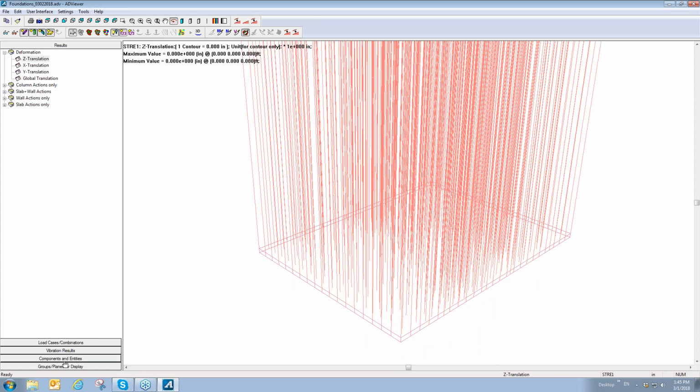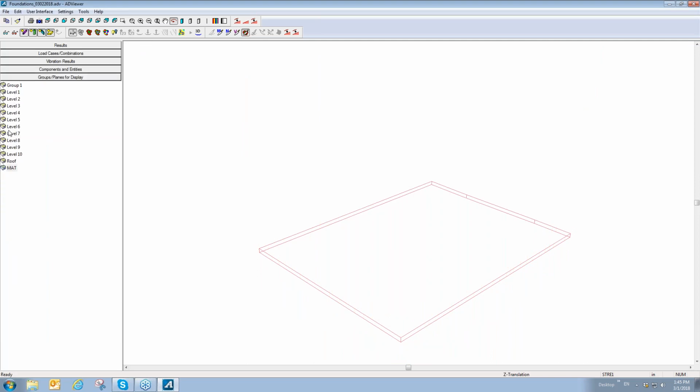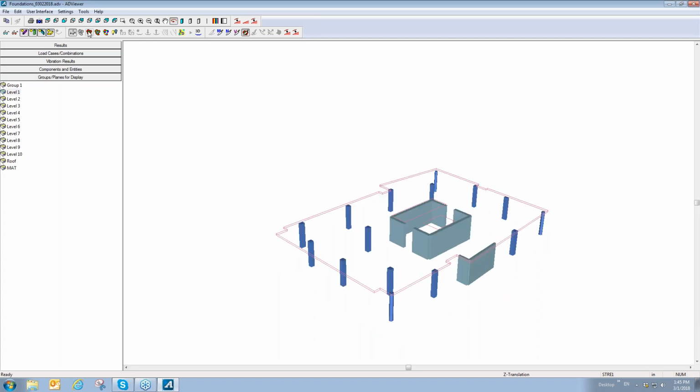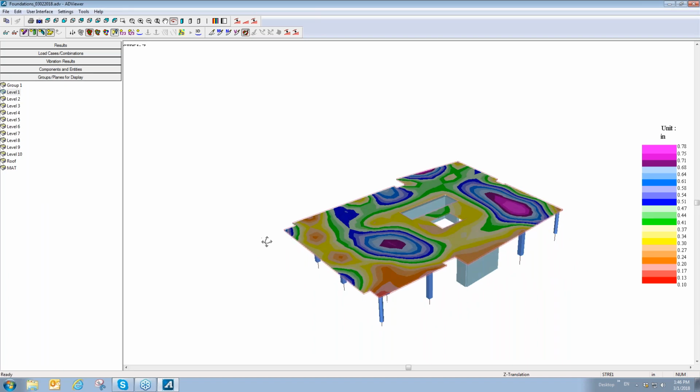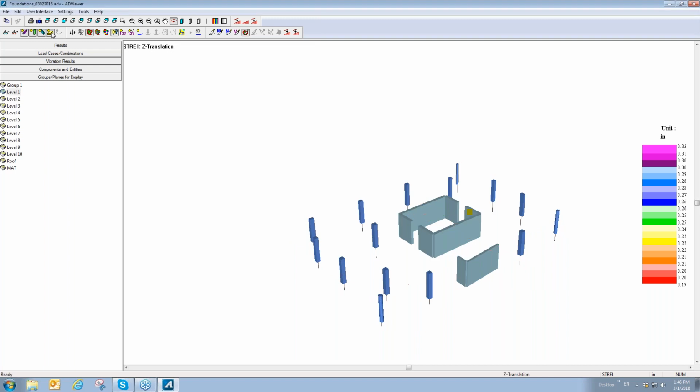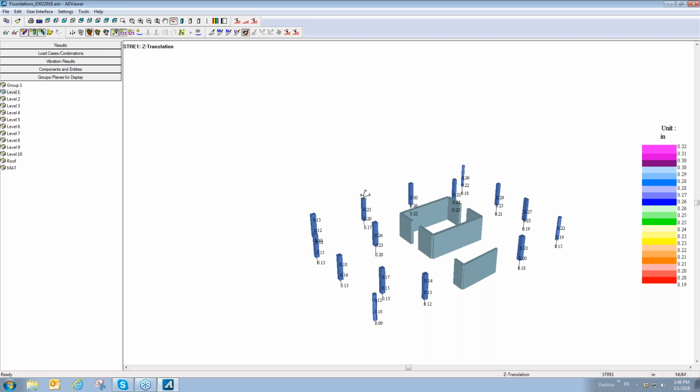If I go to an elevated floor, let me go up one level, I'll go to level 1, let's say. Okay, and if I look at the contour map, we have some displacements here at columns and walls. If I turn off the slab, for example, and I look at this frame element displacement diagram, this will give me frame displacement. So at the mid node, the top node, and lower node for each column or beam, you can get these